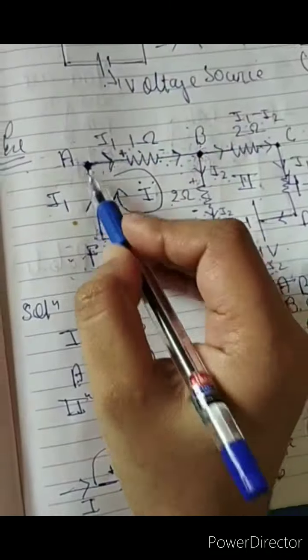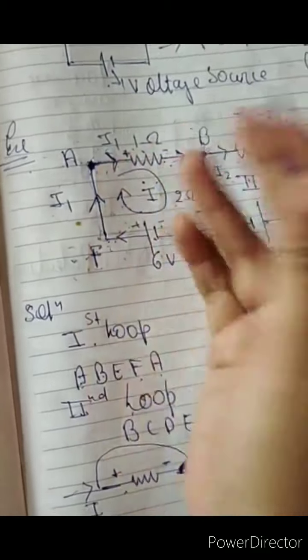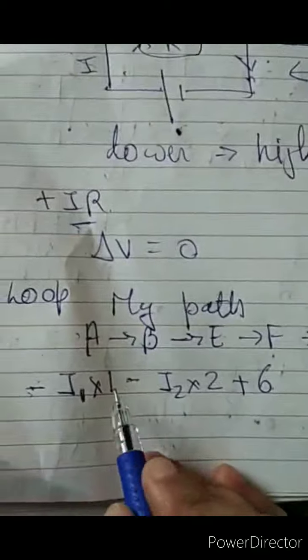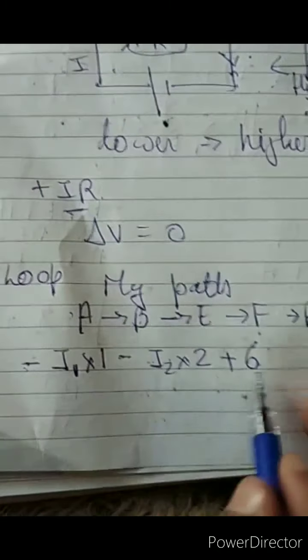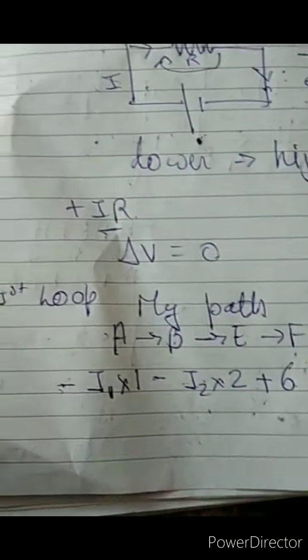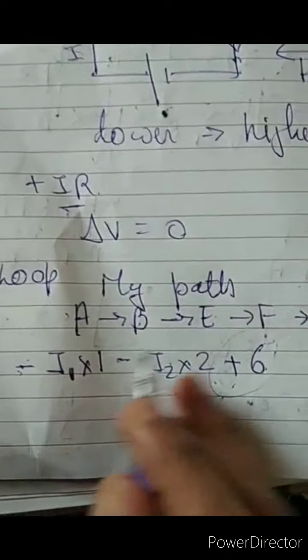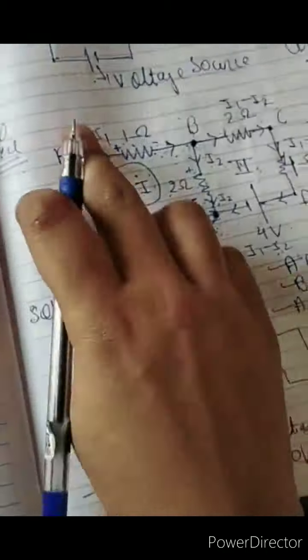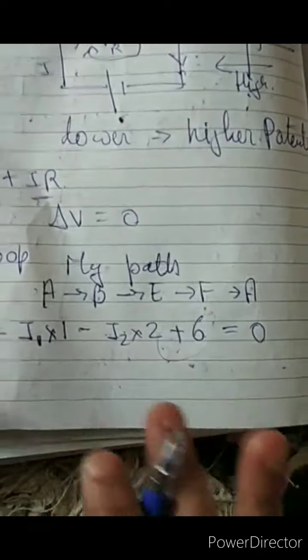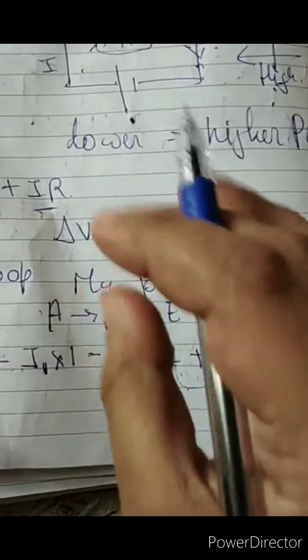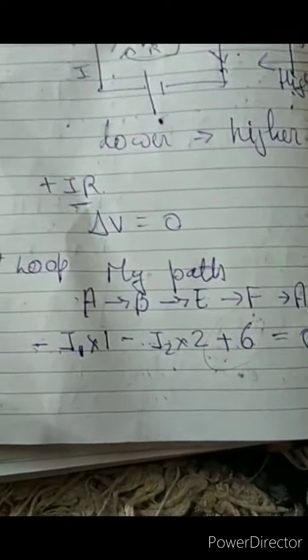Now from F to A, there is no voltage drop because it is a single wire. So look, there is a fall in potential and there is a rise in potential. So what does the second law say? The rise and fall of potential, the total potential equals 0. In a closed loop, we are traversing from A to A, so my total will be equal to 0. This is low potential because negative, and this is high potential, so the rise and fall of potential will give you 0.